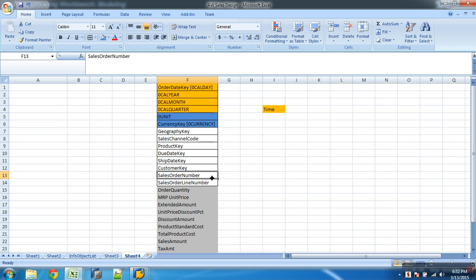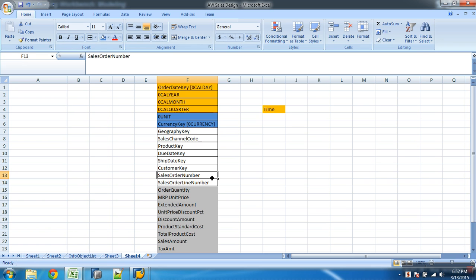When I load, what happens? It will insert the sales order number in the characteristic. For this sales order number, it generates one SID, and based on the SID, it generates a dimension ID, and uses the dimension ID in my fact table while loading transaction data. Now my question is, if I load 2 lakh transactions into my cube, and assume each transaction is one new sales order, how many sales order numbers do you get to see in the sales order characteristic? 2 lakhs.